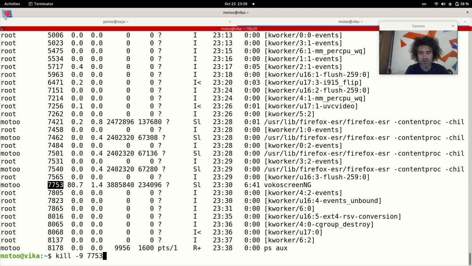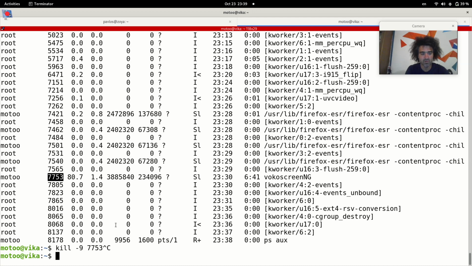I will not run it now because it will kill the recording, but if I press enter now, it will kill this. It will do that. I just press Ctrl C to go out of that, so I cancel this command here. Okay,